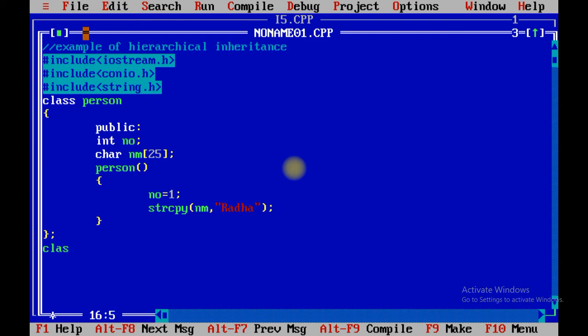Now create one new class std, make the person public, again use the public keyword, integer total.